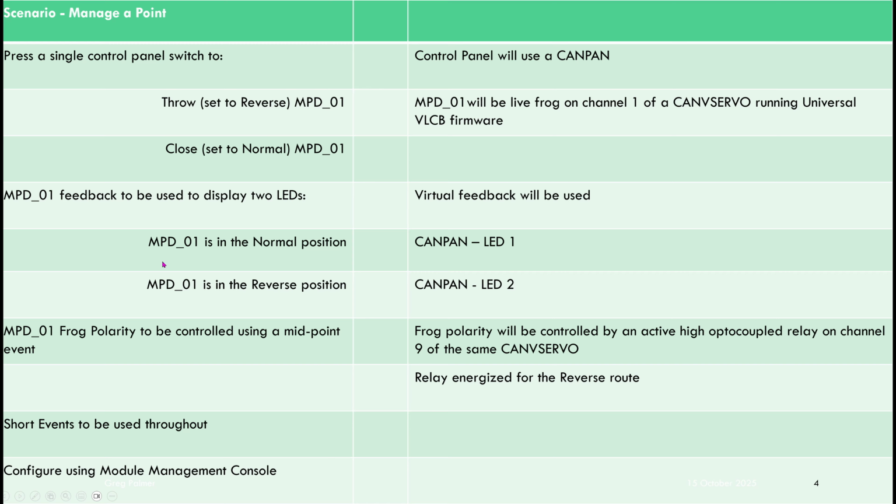So as the point's moving from normal to reverse, both LEDs will be up. As it's moving from reverse to normal, both LEDs will be up. We also want to control the frog polarity. Now what we're going to use is the midpoint event that the CANMIO universal can generate for us, CANVServo module,